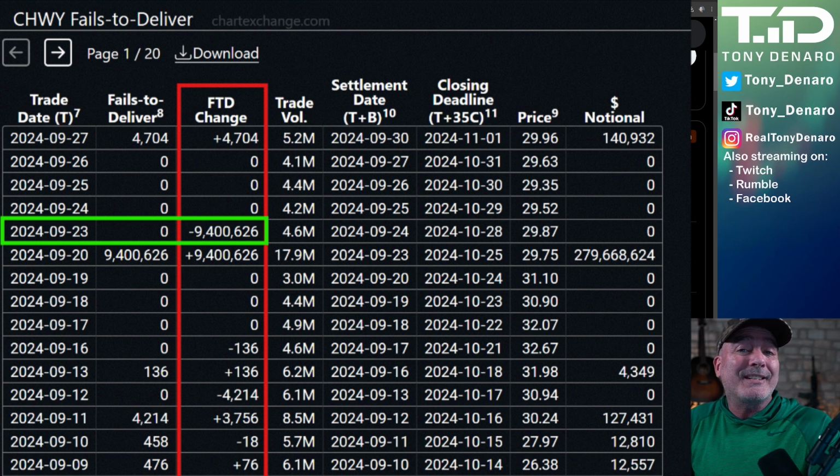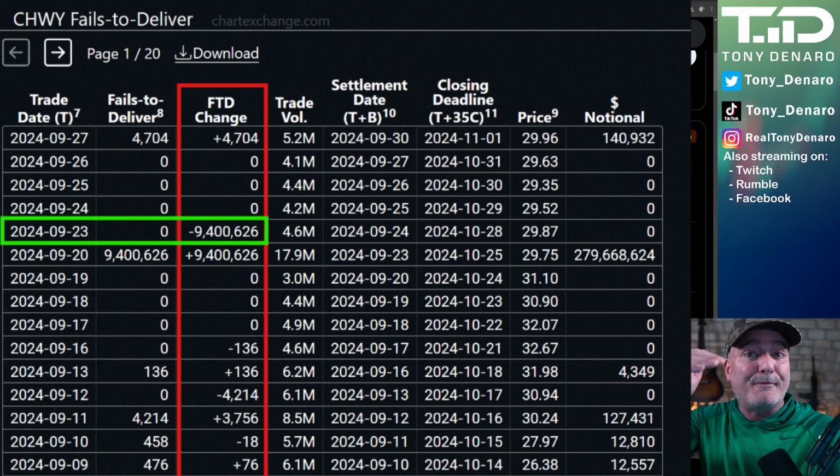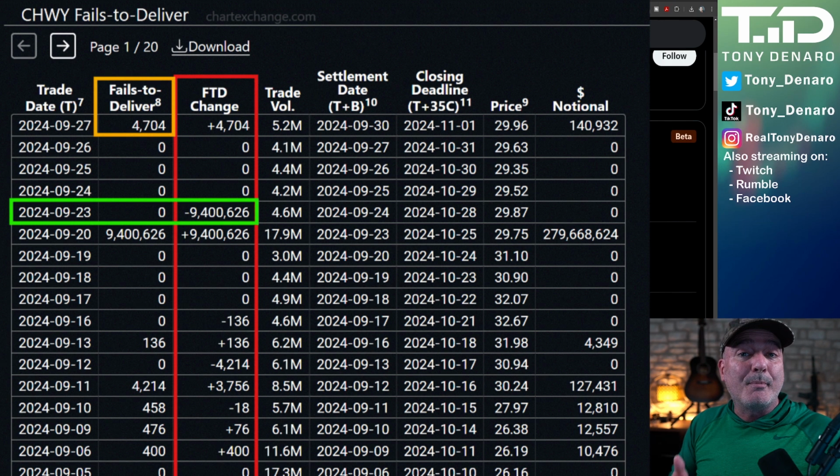If it's resolved, it's resolved. By whatever method you want to come up with, it was resolved. There's not going to be a T+35 date on those shares. If it's not resolved, then we have a different conversation, and you'll see that number in the far left-hand column continue to be reported on a daily basis. Remember that on that far left-hand column, the only number that matters is the most recent one in the top